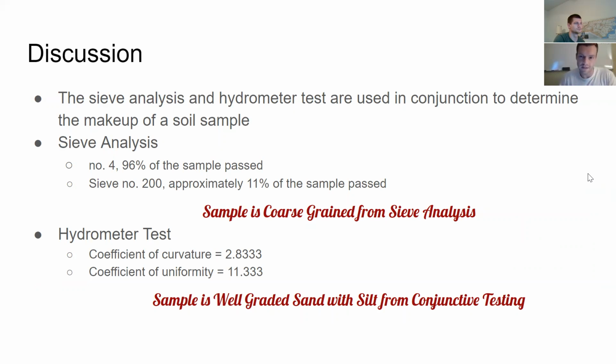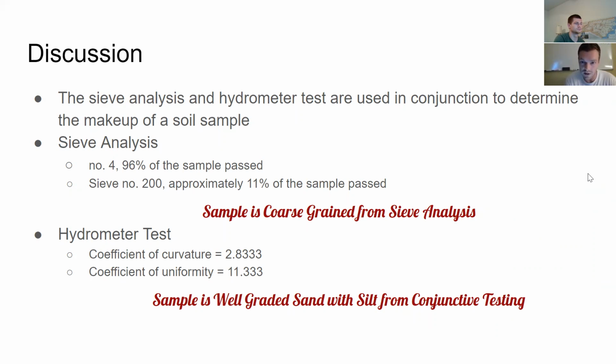The sieve analysis and hydrometer tests were used in conjunction with one another to determine the makeup of a soil sample and where it lies on the Unified Soil Classification System, or the USCS chart. The sieve analysis works by shaking a soil sample and allowing grains to either pass or be retained by a number of graduated pan sizes. The hydrometer test is a timed measure of how long it takes soil grains to settle when suspended in deionized